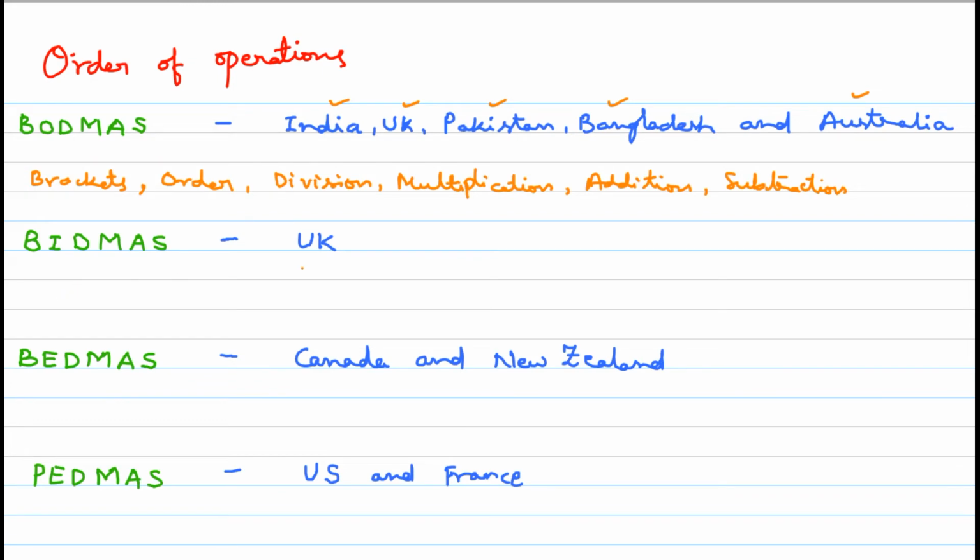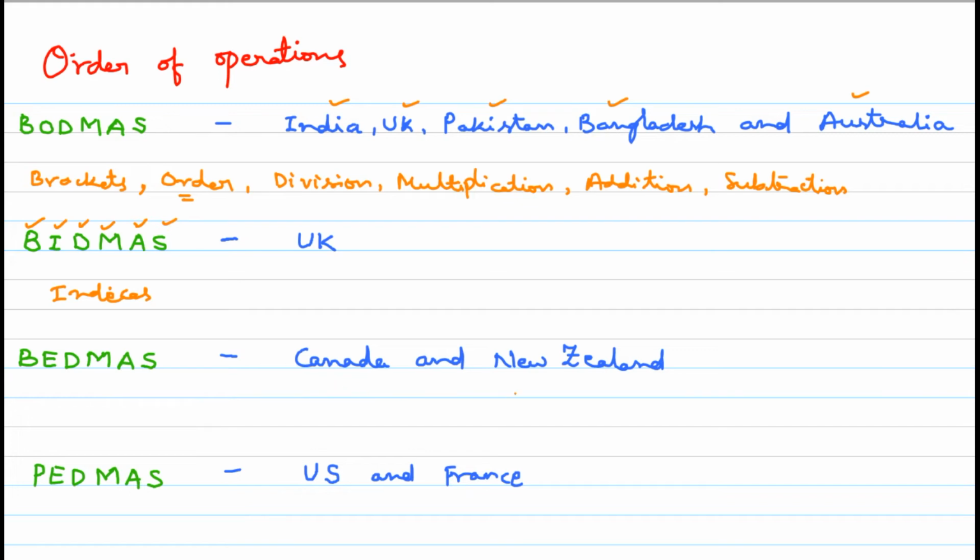Yes. So coming to UK, in some parts of UK, they are using this also. This is called BIDMAS rule. B stands for bracket only, and I stands for index. Indices, you can call it as indices. That is just like order of exponential. That is called index. What is the index of that? I mean, what is the power of one element? That is called index. And D is called division, M is called multiplication, then addition and subtraction.